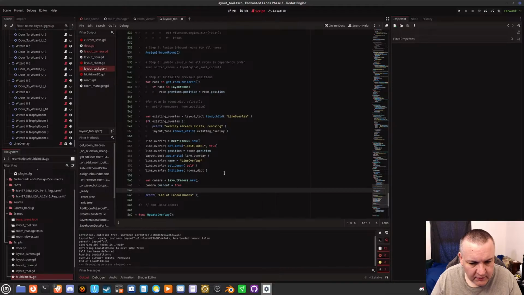So, line overlay, multi-line, set meta, edit lock, true. That's okay. Line overlay, position, add child. Okay, layout tool, add child, camera. You know what? That's right.